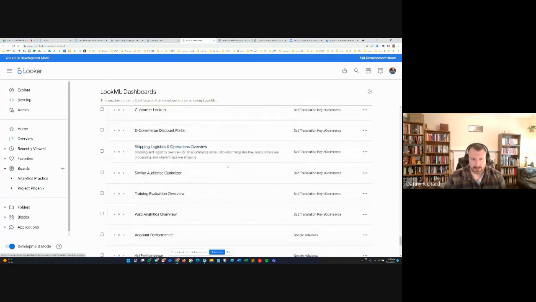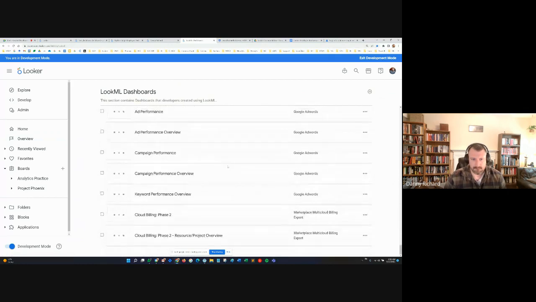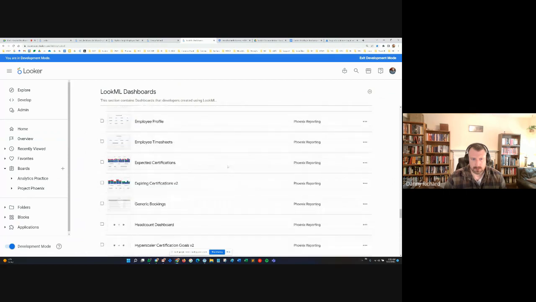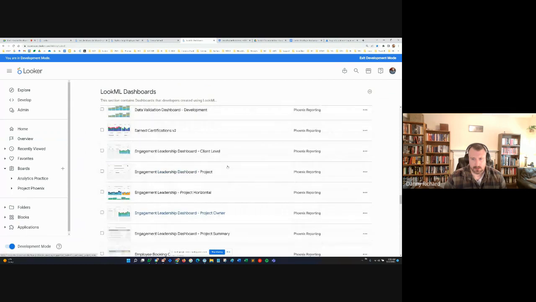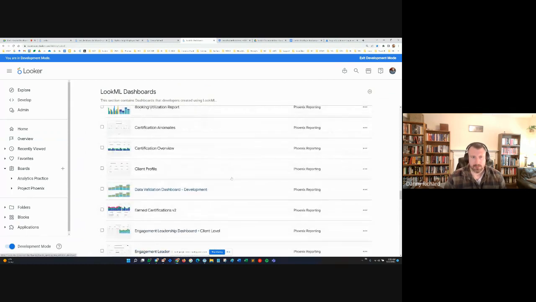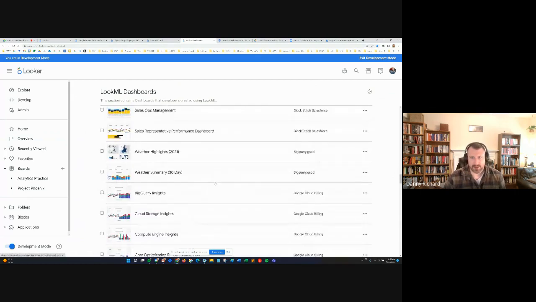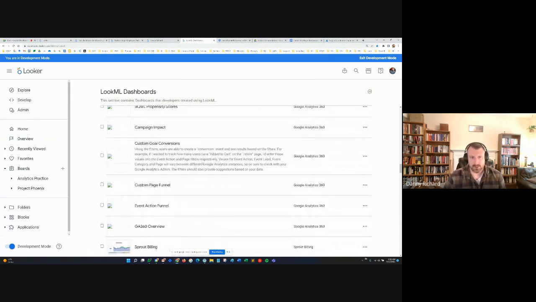There's a ton in here. Anyway, this is where all the LookML dashboards get created,